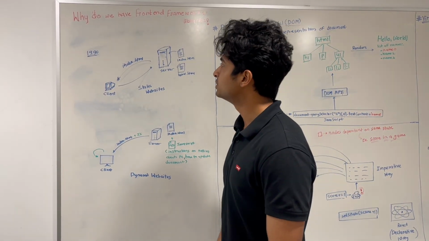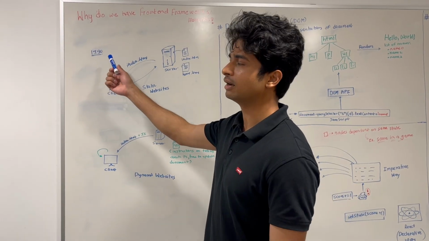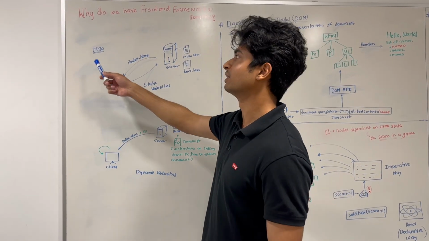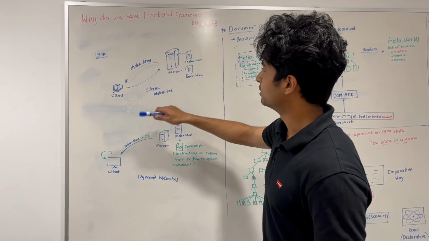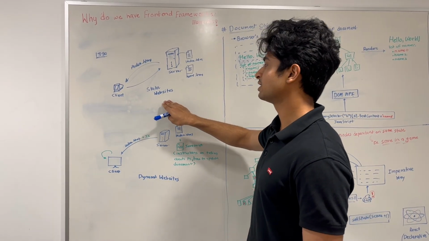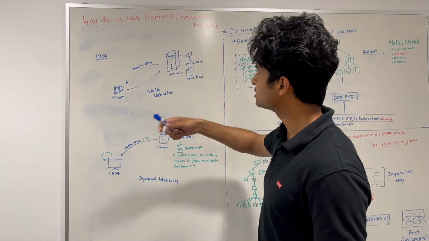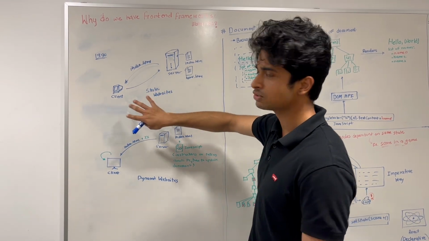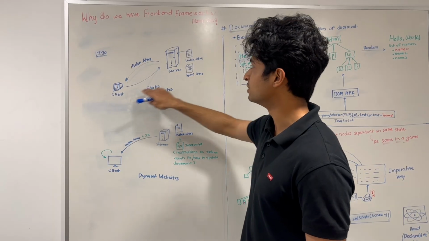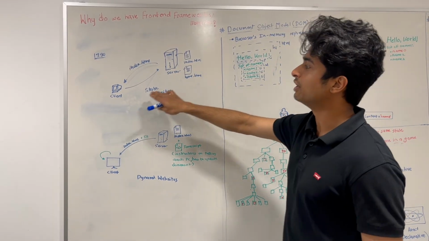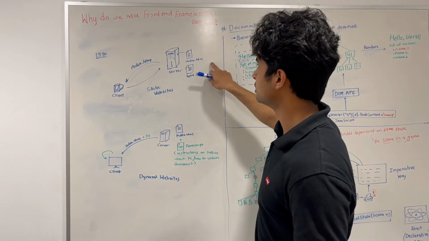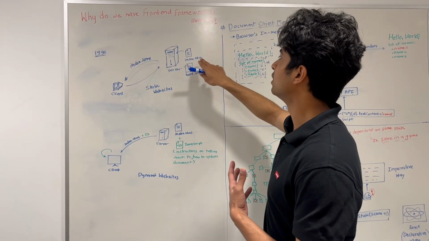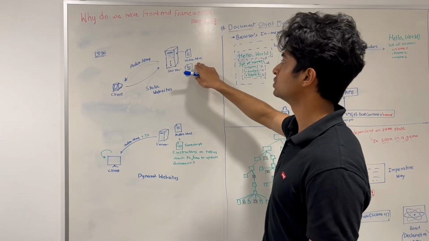So to start with, let's go pretty much at the start of the internet, somewhere around the 1990s. Not exactly the start, but yeah. Back then we had something called static websites. What that means is that we would have a configuration where there is a client and then a server, and every time a client wanted to access some information, it would send a request to the server, and then it would give back a document file, which is an HTML,